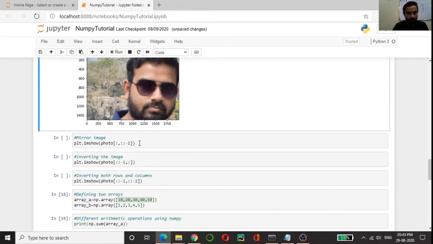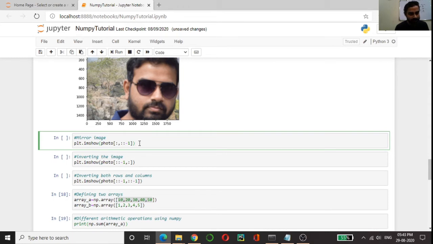Now what I am doing here is trying to create a mirror image of my original image. As I said, you give one comma, and before the comma are the row values and after the comma are the column values.